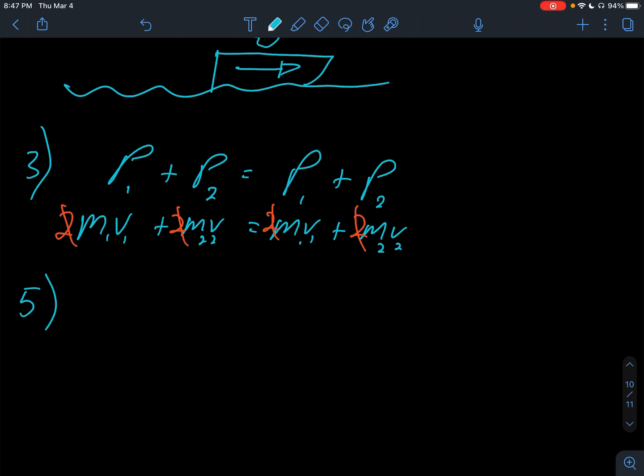So first off, momentum is always going to be conserved in a real scenario, at least within the range of this physics course. However, kinetic energy, a specific type of energy, doesn't have to be conserved. The total energy can be conserved, but a specific type doesn't have to be because it can change form. So basically what this is saying